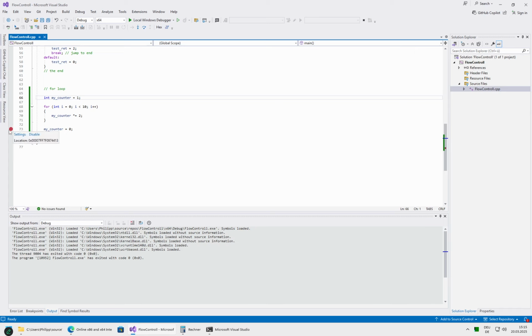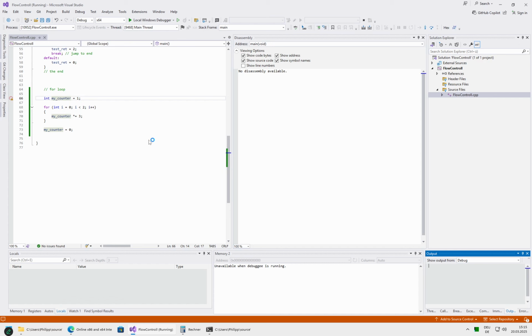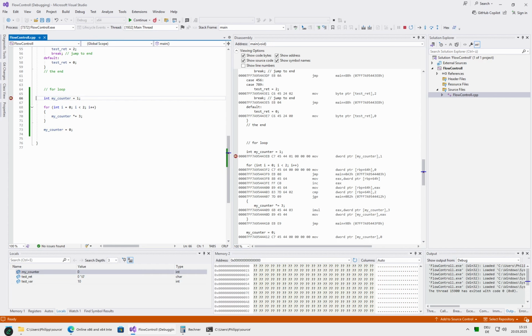Okay, so let's remove those breakpoints. And we can also maybe slightly modify it. We can use, like, ×3. You cannot do ×3 with the shift operator, and also we can make the loop just go twice, so that we can really see how these things are taken. So here,